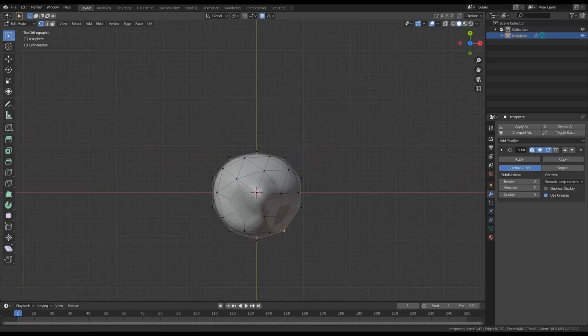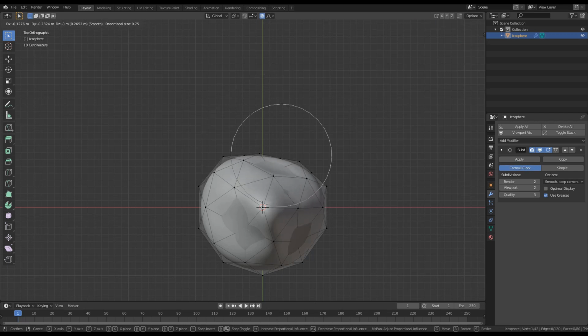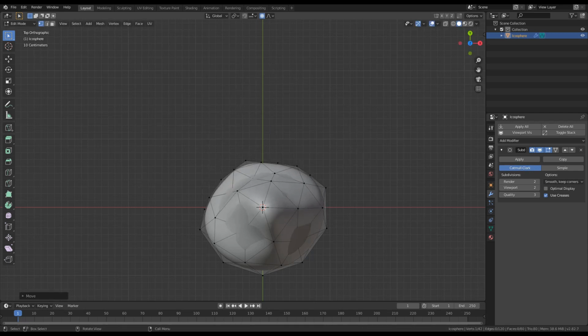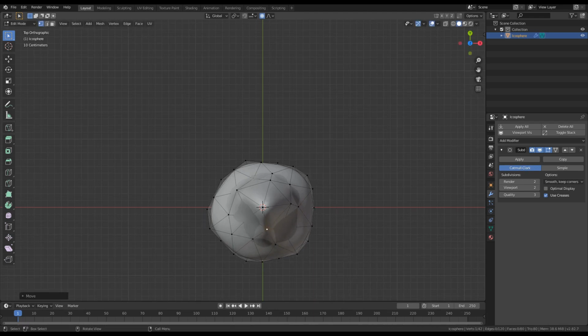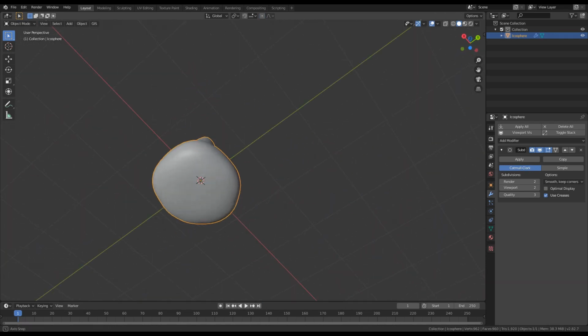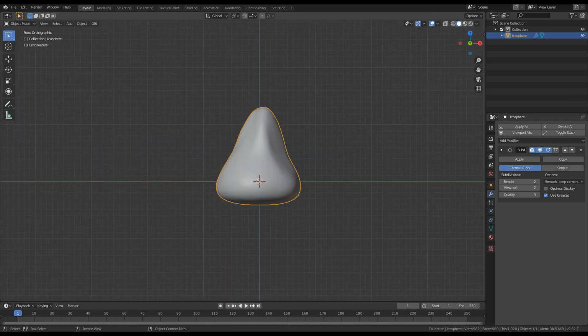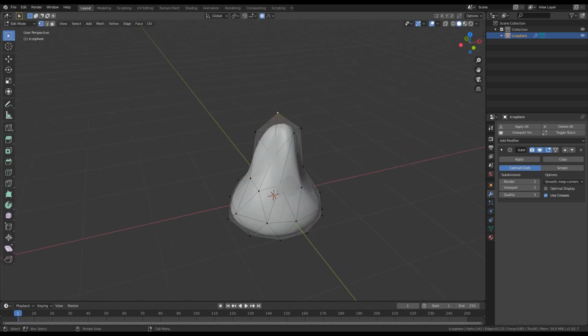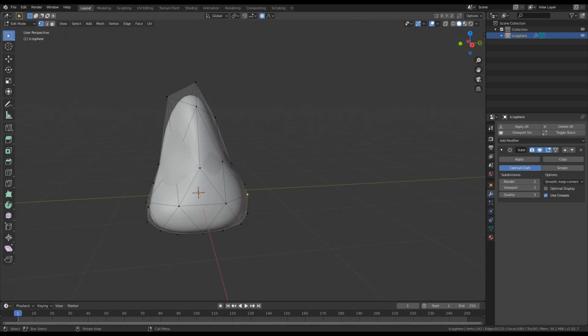I will press 7 to go to top view and start playing here a bit to create something nice. Let's see how it looks. So press tab to go back to object mode. I would like this one to move it back again. Let's move more vertices inside, or some of them outside. Just drag them,